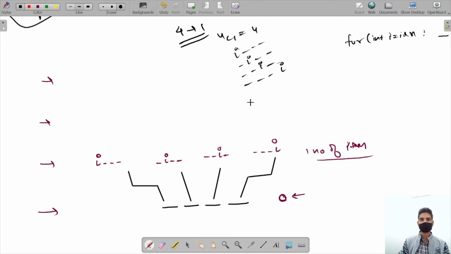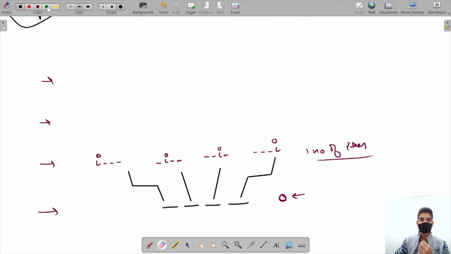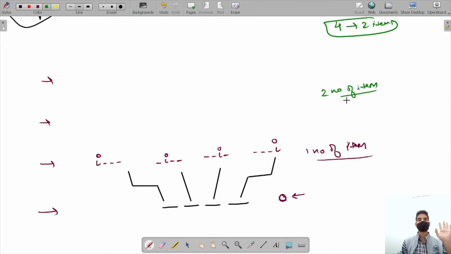So these were the 4 choices to put one item into 4 boxes. You can see they come as I dash dash dash and so on, exactly the same. So what this is representing is that at every level we will get the total number of combinations for that item. In this case, we are seeing 4 boxes and 2 items. At the level of 2 items, we will get our answer. Just remember our answer.